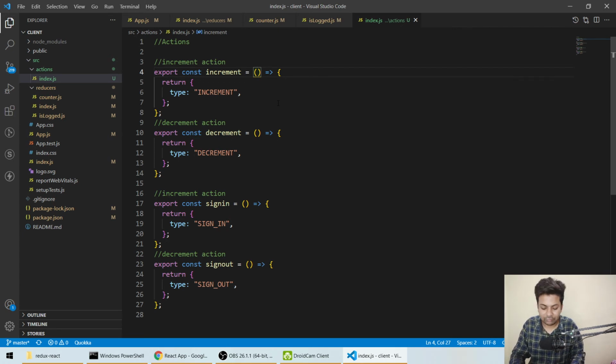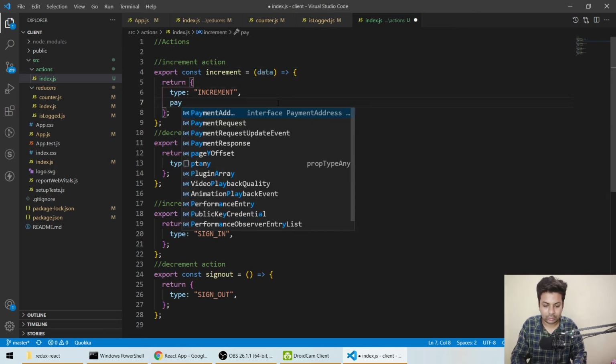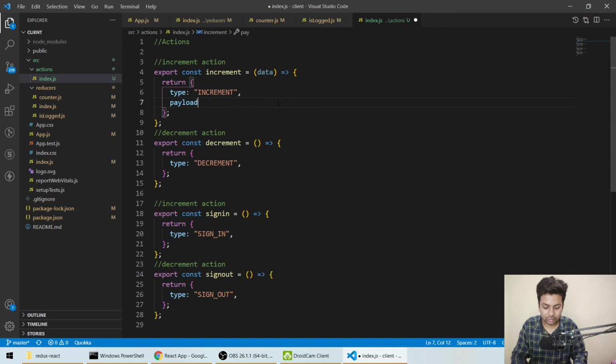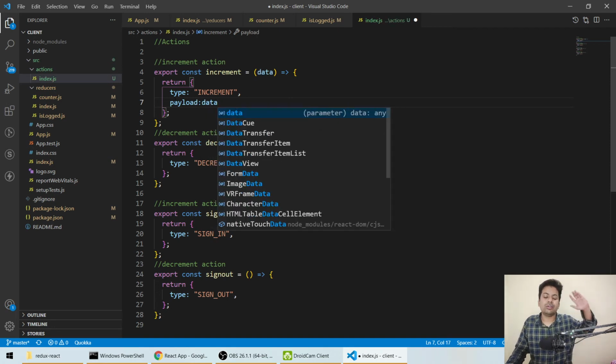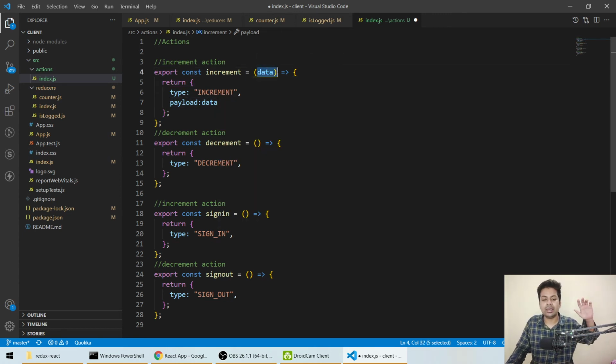For that we'll say data, and we'll say payload, and here we'll pass data. Payload is not a predefined word but it's standard, so we are sending data here in increment. Then we'll send it as payload: data, and the name is payload, and we'll save it.